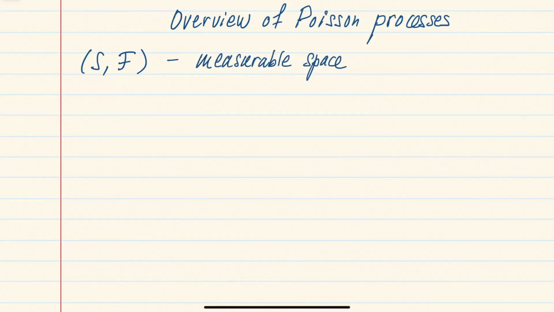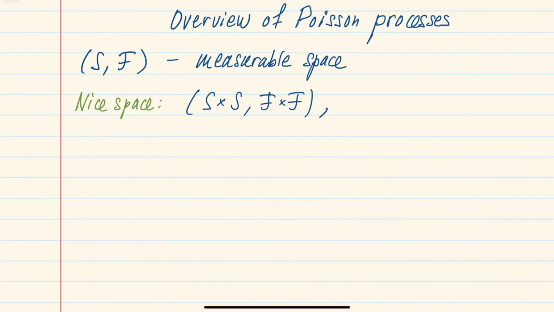Okay, and we will assume that it's a reasonably nice space. So in particular, we will be taking products of this space, and we would like to compute probabilities that random variables on different coordinates, for example, are equal. So we will assume that the diagonal in the product space is a measurable set on this product sigma algebra.